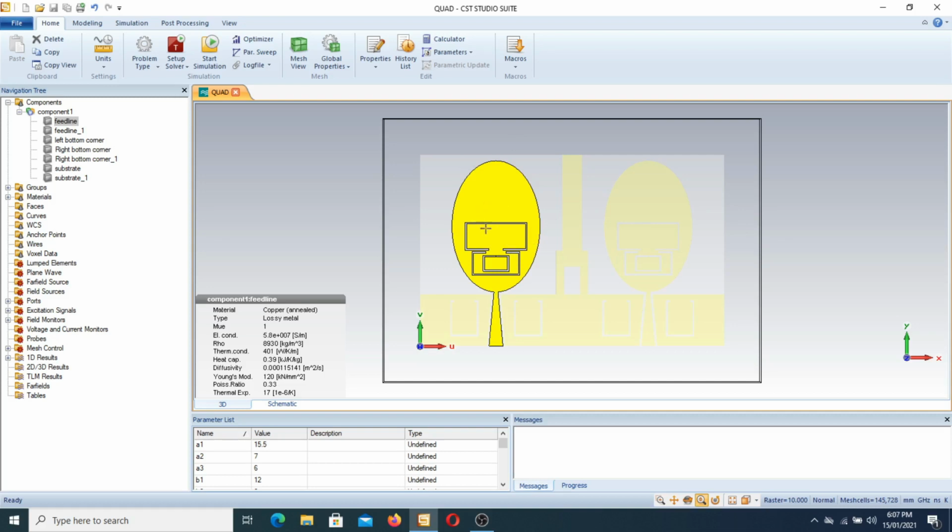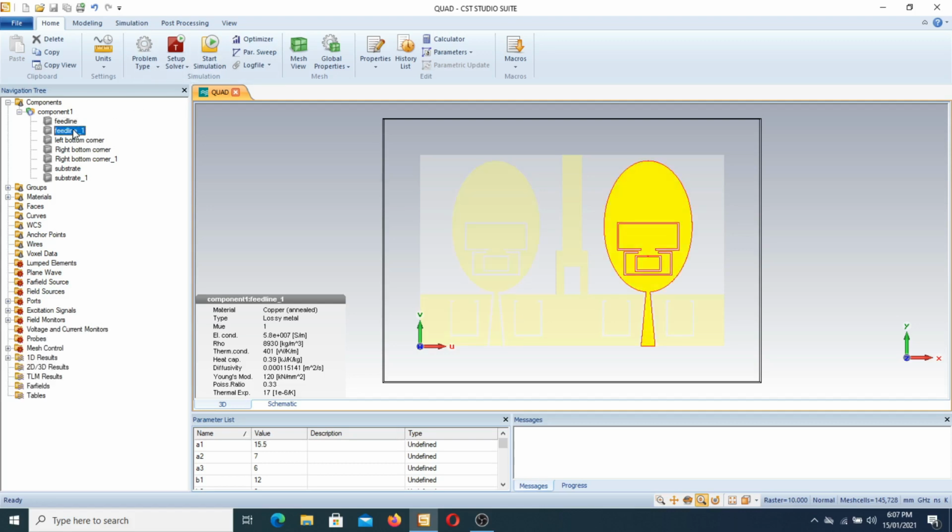One notch like this is for the WiMAX band. This is for the WLAN band and this is for the X band. Now all three notches are combined and inserted on the patch antenna, and one set is prepared at that position. Next, this is also the mirror image of this. The same configuration, same design and same parametric list are used here in the second patch. Now this is the left side designed for another notch, and the right side is designed on this side.